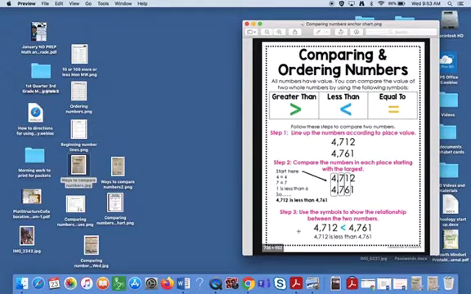or the people who do the MCA test try to trick you a lot by using similar numbers when they want you to compare and order numbers. So that's something you really have to be aware of as you're taking these standardized tests, because that's one of the ways they do try to trick you a little bit. So you really need to make sure when you're writing down numbers, larger numbers to compare them, that you're writing